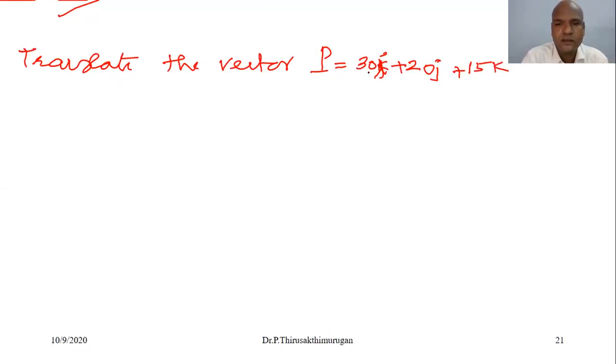P is the point 30I plus 20J plus 15K by a distance of